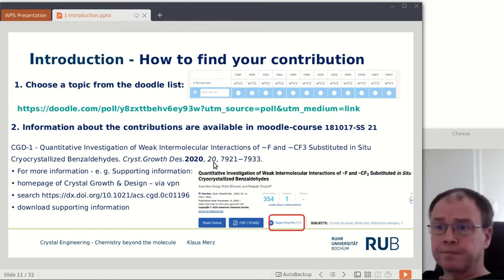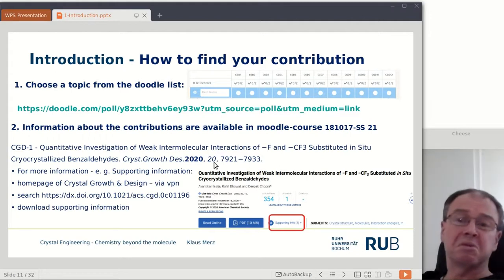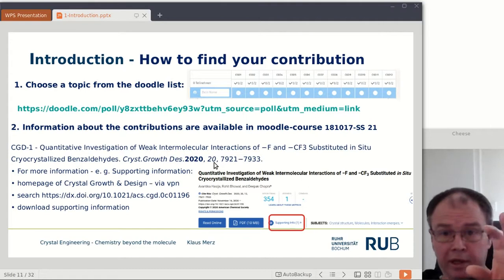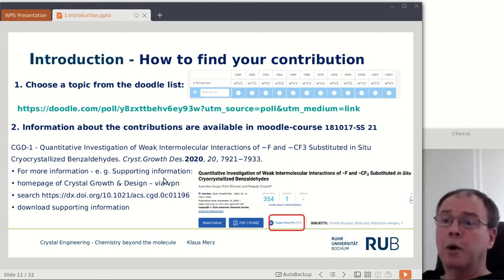If you need more information about this publication, for example, the crystal structure, these are very often stored in the supporting information,